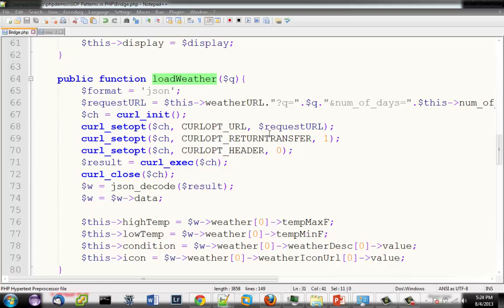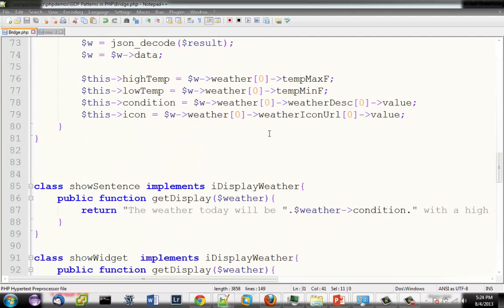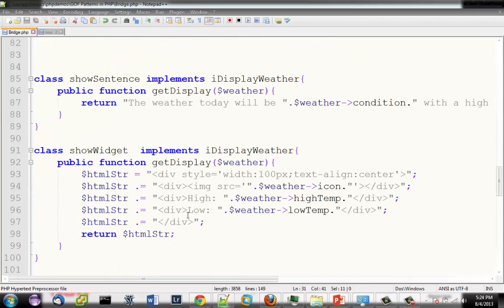And then once I've got that loaded, I can pass into any one of those objects a display class or a display object that will actually format the abstract data in a particular form. So this would be my actual implementation, while the XML weather and the JSON weather are the concrete examples of the abstraction, and these display classes are the implementations that vary independently of the abstraction, which would be that weather class above.